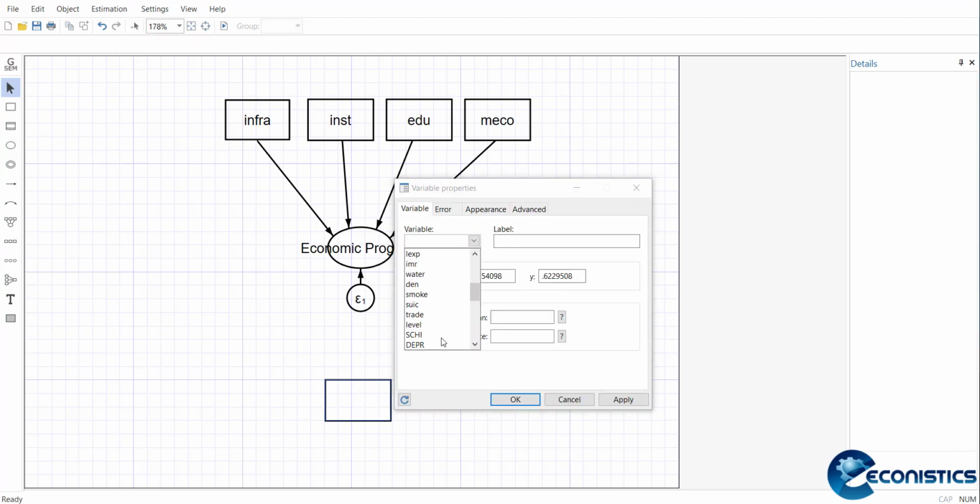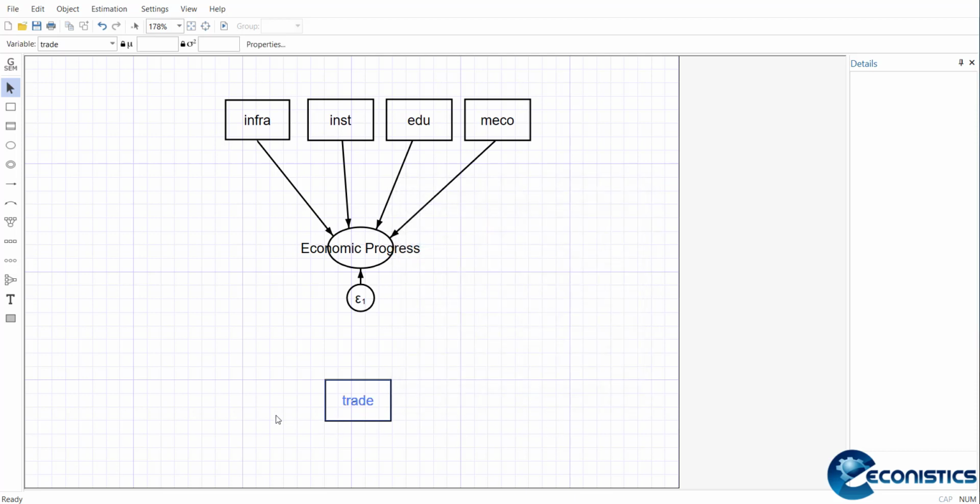Some other variable that can be used. So let's assume I am taking trade openness as a dependent variable, meaning how much trade is increased, so I am moving it here. I can also move this error term to one side to make it look nice, so that I can copy it in my projects. So you can just add it like this and move this line.